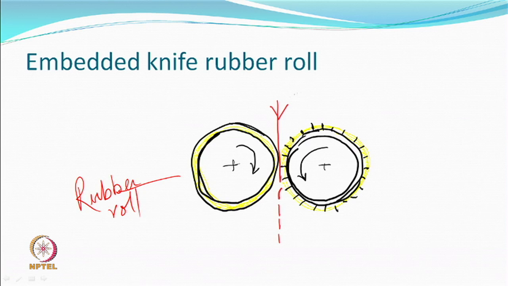This sheet of yarn or a tow is coming, and then you have another rubber roll which has embedded knives. So the yellow part is a rubber, you can understand. Yellow part is a rubber in which you have the blades just jutting out. So complete support is there of the matrix. So when you compress, it could get compressed. If you put more pressure, then rubber will go, blade will become prominent, right? So this is how you can cut it also.